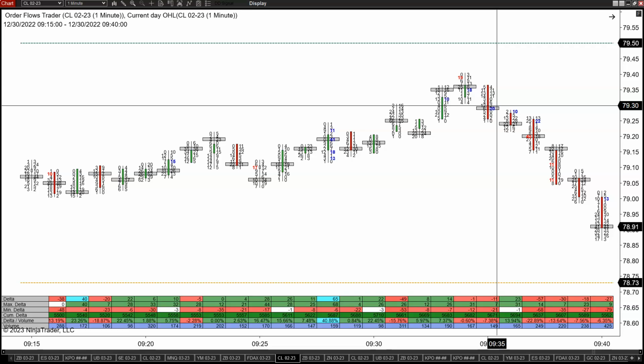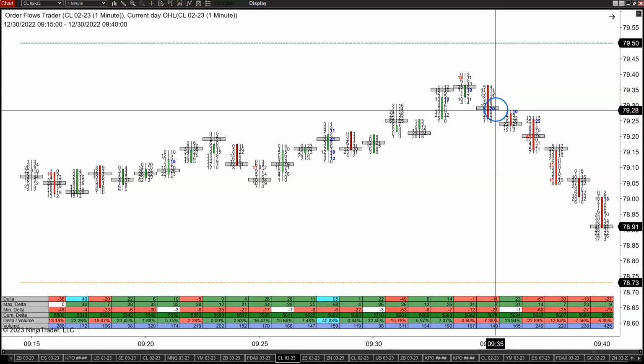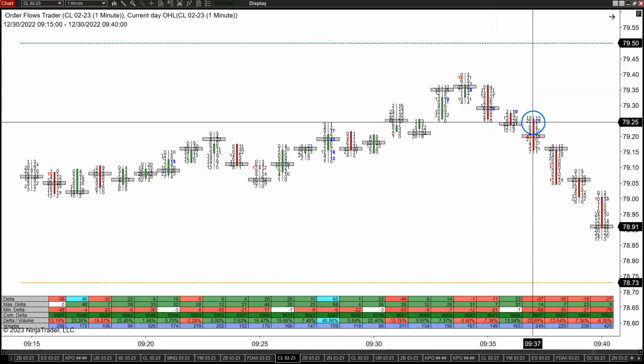But again, you want to be looking at signs in the order flow. So I know volume is migrating lower, okay? But what you also want to understand, when you're looking at point of controls, is that the point of control is the price level in the bar where the most volume traded. That is giving you a clue. Obviously, you got these buying imbalances in there, right? The 20, the 10, the 22,